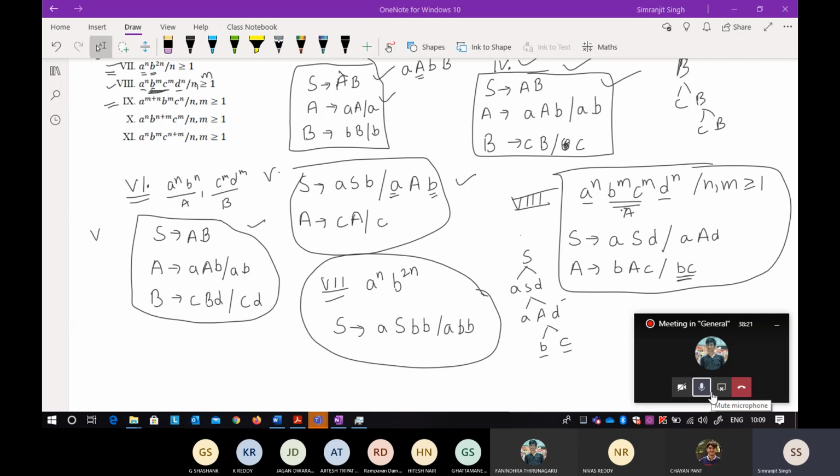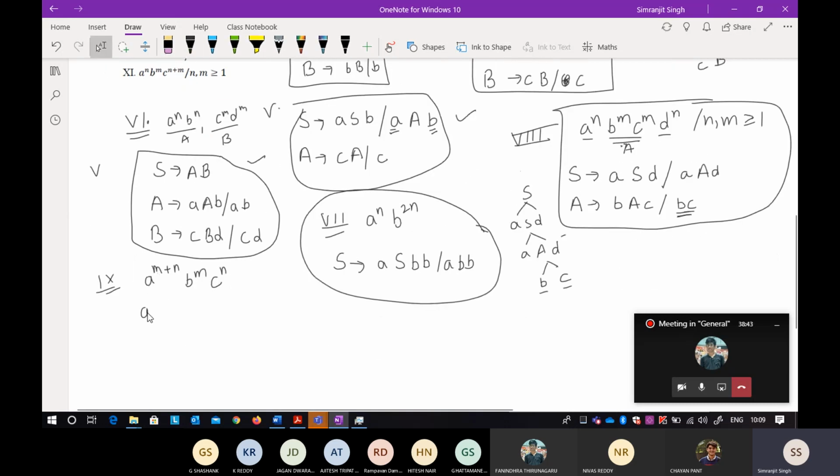Yeah, absolutely correct derivation by Phanindra. Just a little bit of a modification in that one. It is an easy question, it is just given in such a way that it looks difficult. So if you keep that in mind, it is a raised to power m plus n, then there is b raised to power m, and there is c raised to power n, where n and m are again greater than or equal to 1. You can write this as a raised to power m and then a raised to power n, and then b raised to power m and c raised to power n. So the a and b counts are equal here, and the a and c counts are equal there.